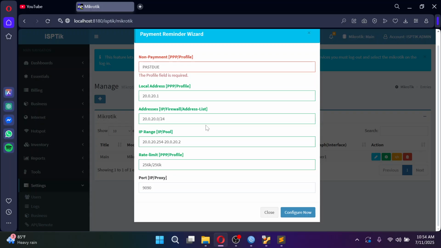For small time, I think 250 is gonna be sufficient, but for a big company or full-fledged ISP distributor, I think you have to adjust the specifics. Anyway, you can always reconfigure or adjust later on from your microtech, because this script wizard will just do the heavy lifting for the setup.